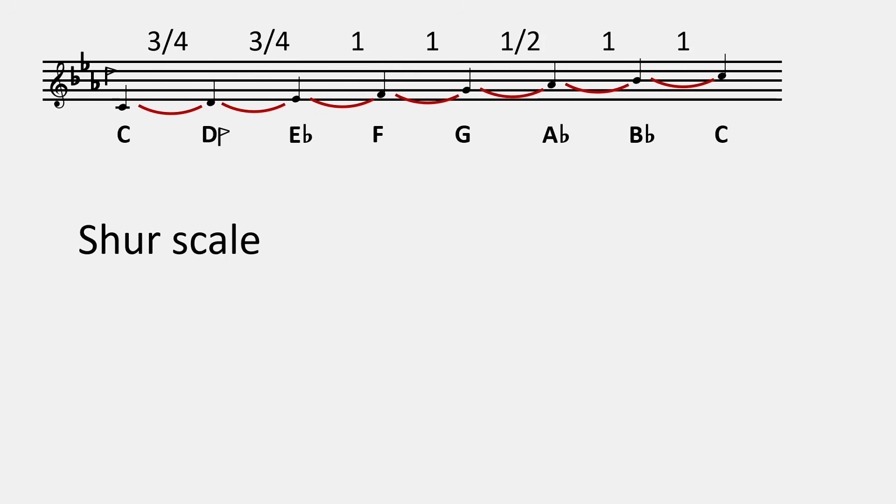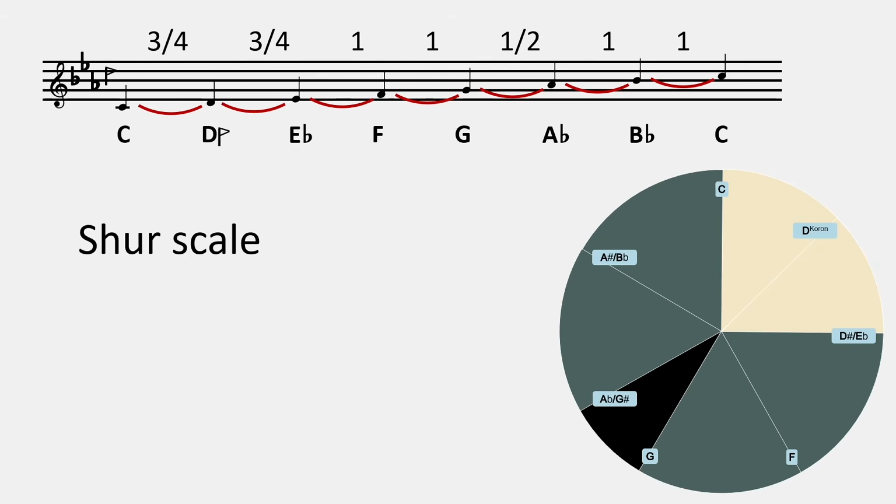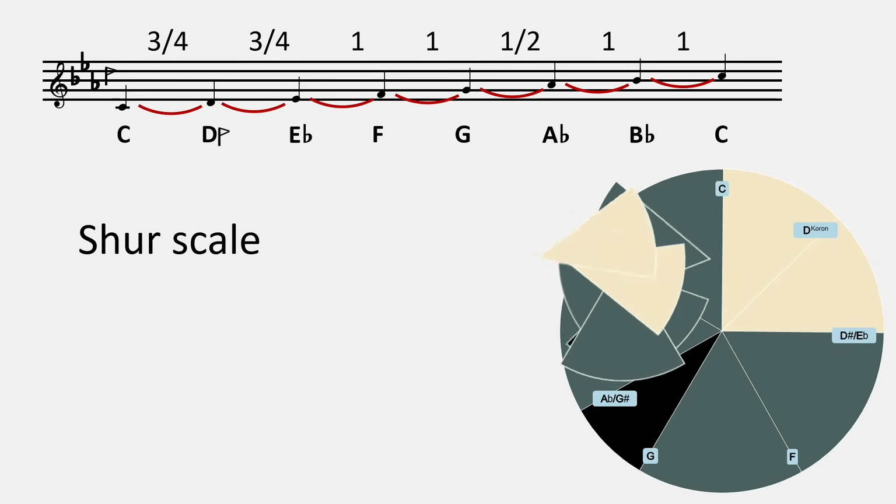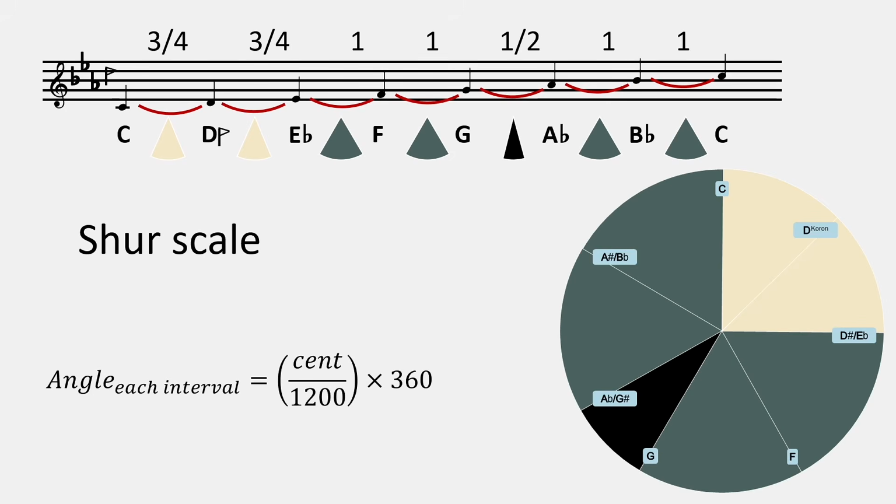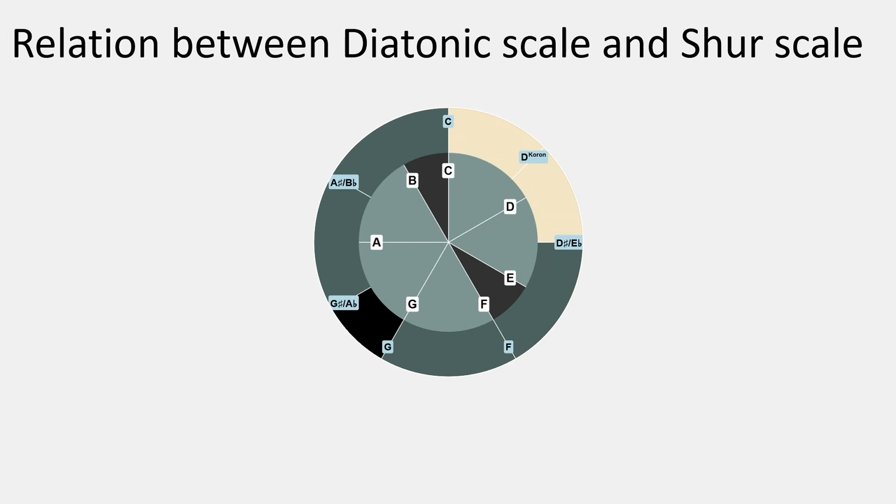Building on this approach, let's now apply the same visualization to Shur, one of the most important dastgahs in Persian music. Like the Diatonic Scale, we can map its intervals onto a circle, revealing its unique structure and relationships. So far, we have mapped the Diatonic Scale and the Shur scale separately. Now, let's take this a step further by overlaying them to examine their relationship. This comparison helps us find a consistent pattern, which is key to identifying the key signatures of Persian music scales,